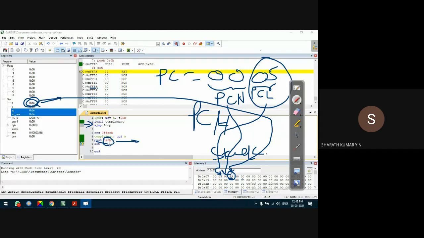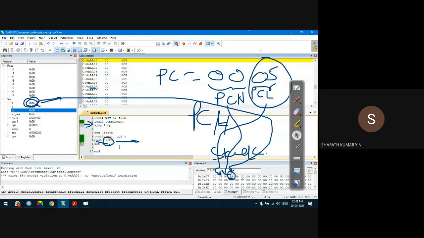When it is pushed, it will store next to the program counter return address. So the program counter means it is a return address, to return from the subroutine. So when the return instruction is executed, it will go back to the calling program. There is the main program. Okay, F11. So what is happening, please observe this. It is showing it is not returning to the target address.